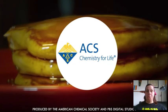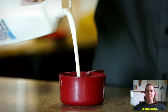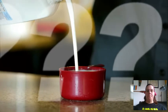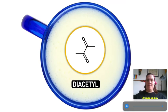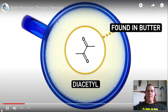First, a lot of pancake diehards swear by buttermilk. What could weird, sour, thick milk possibly bring to the table that perfectly innocent, normal milk can't? A lot of things, actually. For one thing, a lot of people do enjoy the sourness of buttermilk. And buttermilk also contains diacetyl, a flavor compound also found in butter that imparts, wait for it,